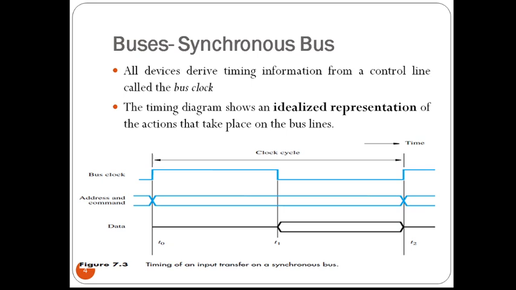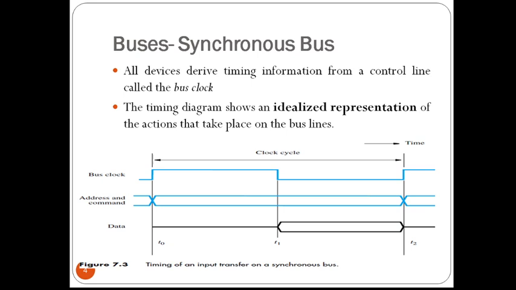In the simplest form of a synchronous bus, each of these intervals constitutes a bus cycle during which one data transfer can take place. We say that one clock cycle constitutes an interval that can be called a bus cycle. During that one bus cycle, we assume that one data transfer can take place. Such a scheme is illustrated in the figure.